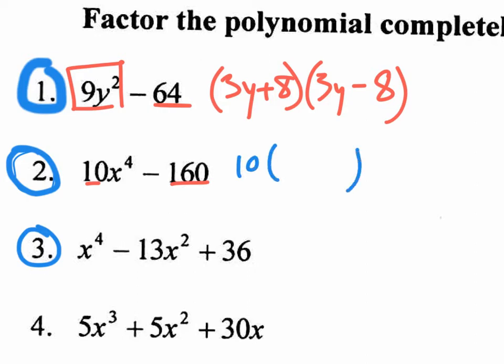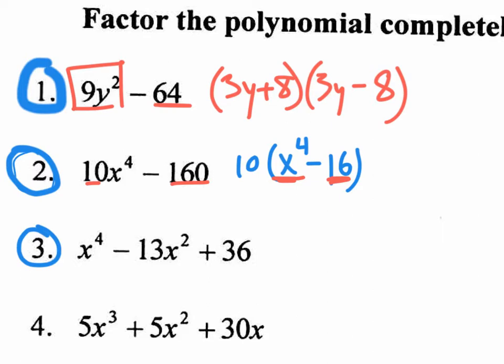What will I have left on the inside? I'm going to have an x to the fourth and a minus 16, because 160, when you pull out a 10, is 16. 10 times 16 takes you back to 160. Anyway, so right here it gets a little weird because you need to look at the inside of the parentheses and see if you could continue factoring. And once again, you have a perfect square term right here, x to the fourth. That's actually a perfect square term. In other words, you could take the square root of x to the fourth. And you also have a perfect square term right here, 16, which you could take the square root of 16,